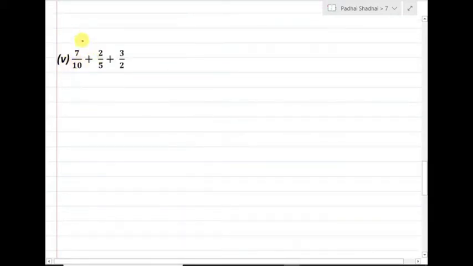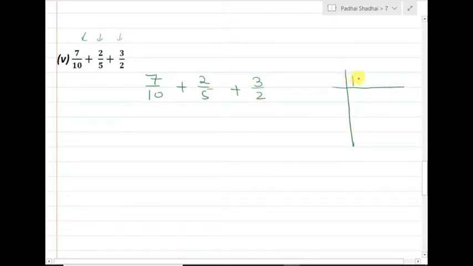Next one, here 3 terms are given, 3 fractions, so don't get afraid beta, it is nothing there, same method. So first we will write down the pattern, 7 by 10 plus 2 by 5 plus 3 by 2, and we have to take the LCM of the denominators, that is 10, 5 and 2 together. Okay, 10, 5 and 2. First we need to divide by 2. 2 5s are 10, 5 as it is, and 2 1s are 2. Now directly with 5, we have got all the ones here. So LCM is 2 into 5. So the LCM is 10.